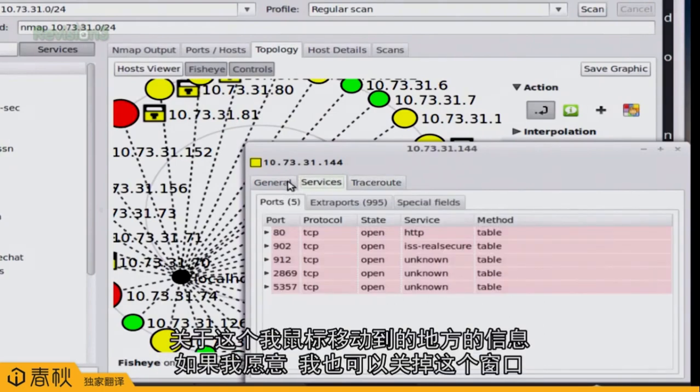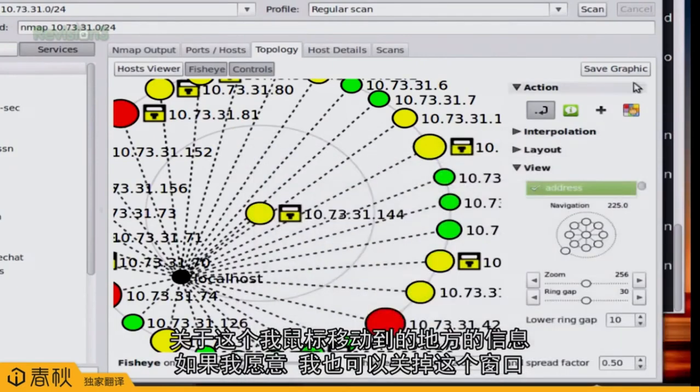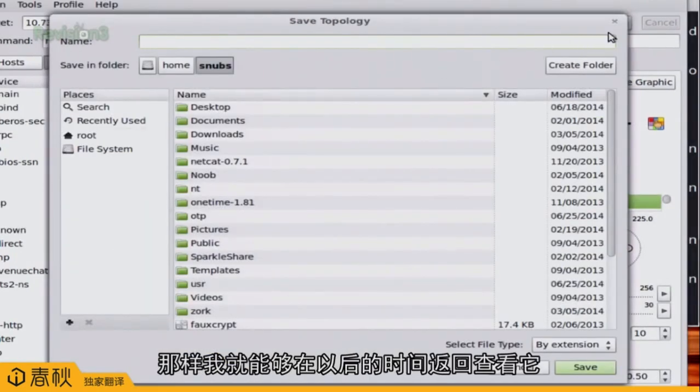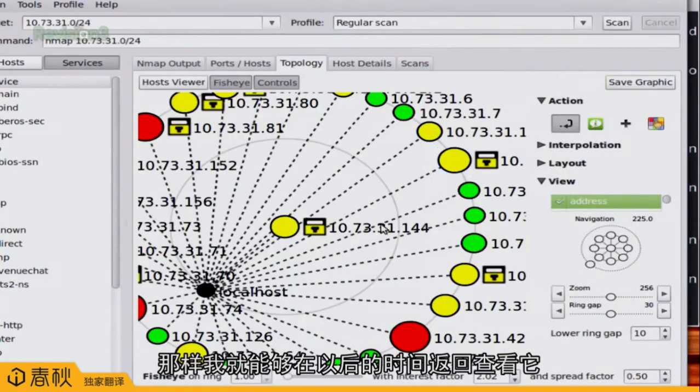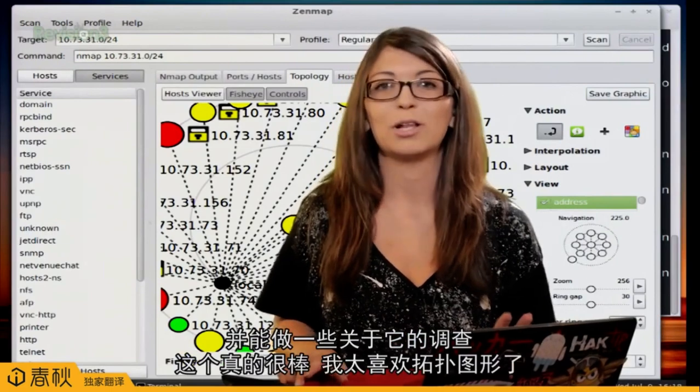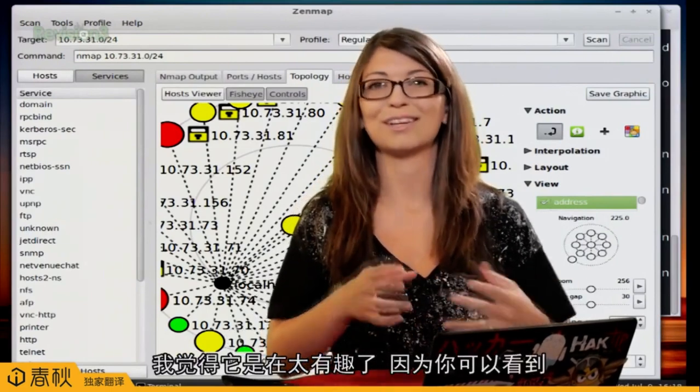And if I wanted to, I could also close out of this and save my graphic as a PDF as well. So I could go back to it at a later time and do some more research about this. It's pretty cool. I really like the topology graph, and I think it's pretty interesting that you can see everything